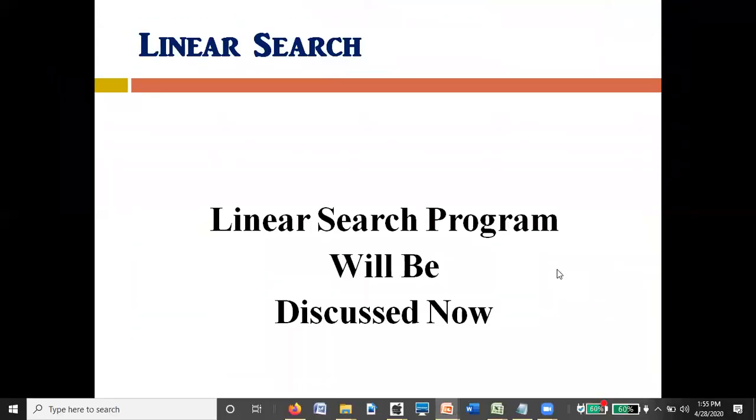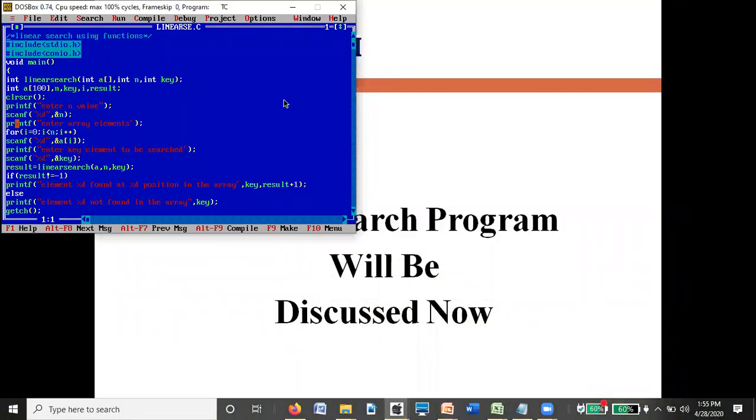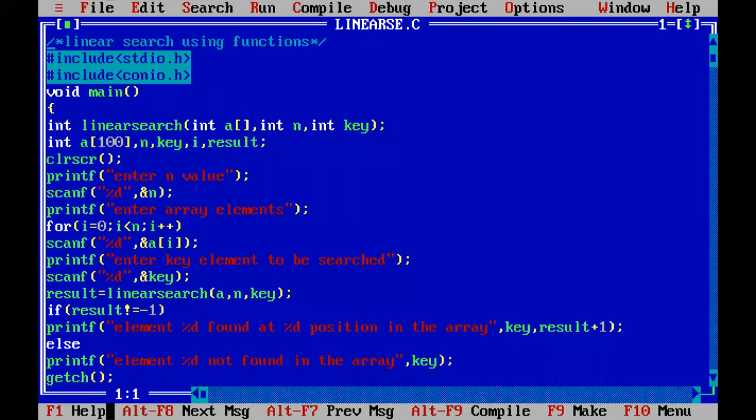So now we'll see the programming part. This linear search program will be discussed now with the help of the software. This program is already created, the linear search program. You just see once. I will show you that particular program first. So in this program, you can see